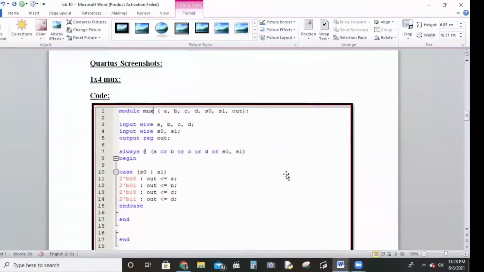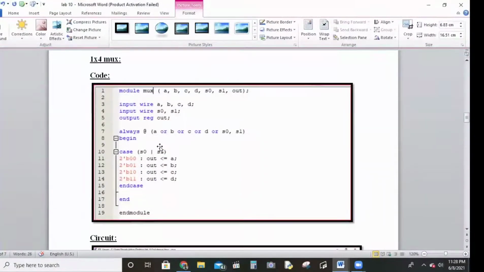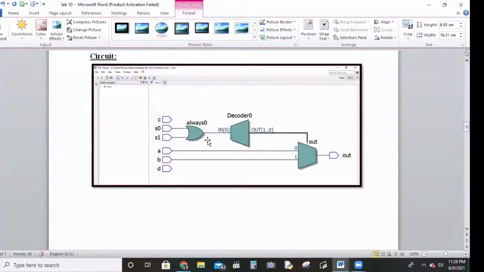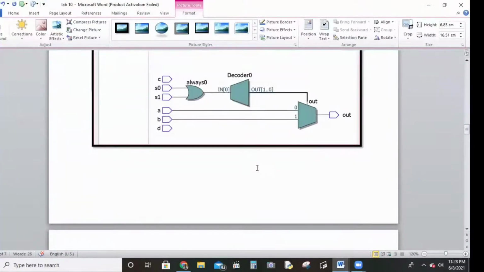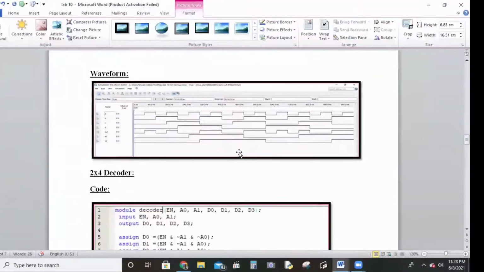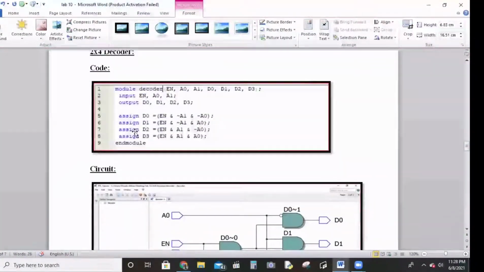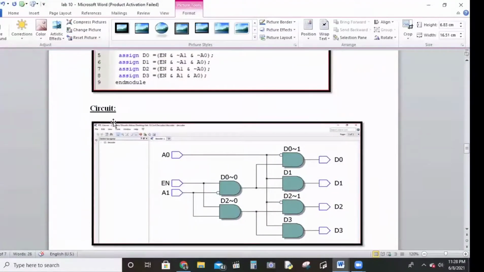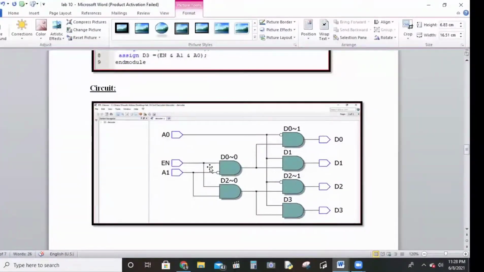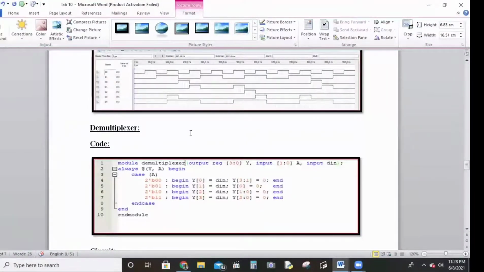Now we will move towards our Proteus circuit. This is the code for the Proteus, and this is the circuit for the Proteus decoder, and this is the waveform of decoder, and this is the code for 2+4 decoder, and this is the circuit which is formed after the code process, and this is the waveform of